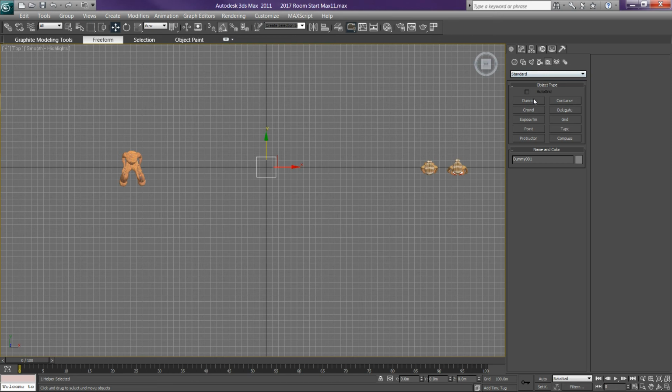So again, we're going to click on dummy like we did for the root, click, drag, and make a box. Usually I like to make the root the biggest box so that it's easy to spot, because in time you're going to be having a lot of these boxes to look at, and you want to make sure you can spot that's the root, that's a standing node, that's a furniture node. If they're different sizes, it's easier to identify them visually. So here we have something that's a little bit smaller,